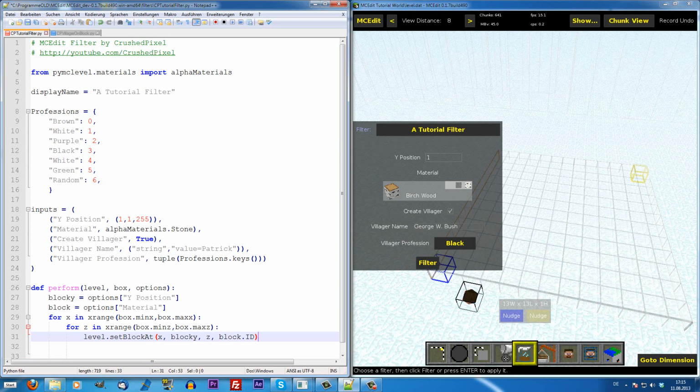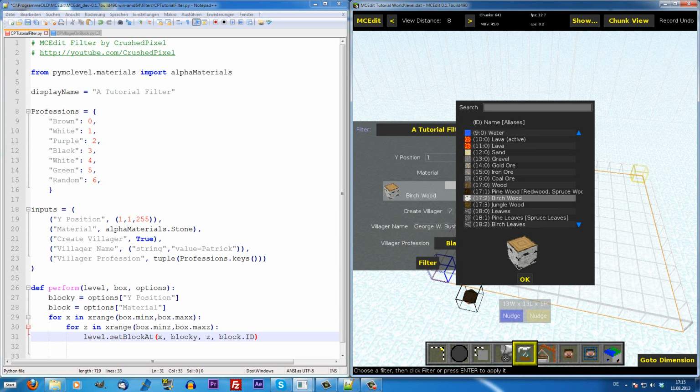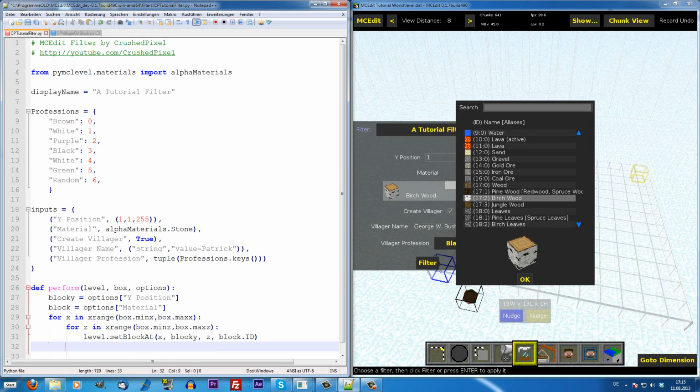And because some blocks have a sub-ID called the block data, like you see here, normal wood has the ID 17, but pine wood and birch wood and jungle wood have the ID 17 too. But we want to make a difference between them. So this is the sub-ID, like number 1, and we have to set this sub-ID for this position too. So we make level.setBlockData at, then the same here, same position obviously, set, and then block